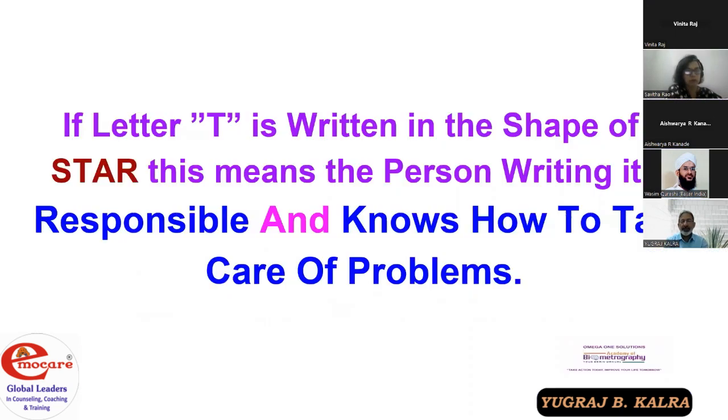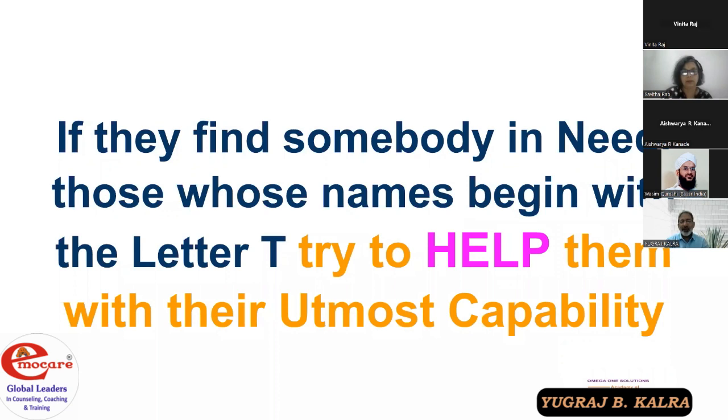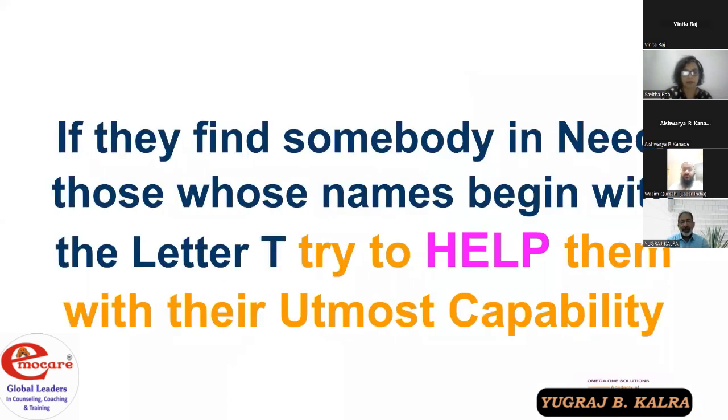When the letter T is like a star, if the letter T is written in the shape of a star, this means the person writing it is responsible and knows how to take care of his or her problems. I think you must be wondering what this T is looking at. Now, if they find somebody in need, especially these people whose names begin with letter T, they will try to help them with their utmost capability. That is the beauty of letter T